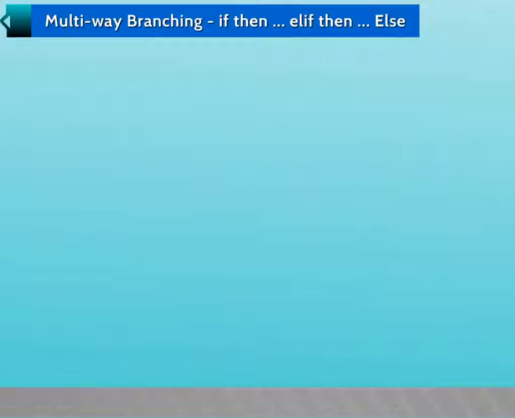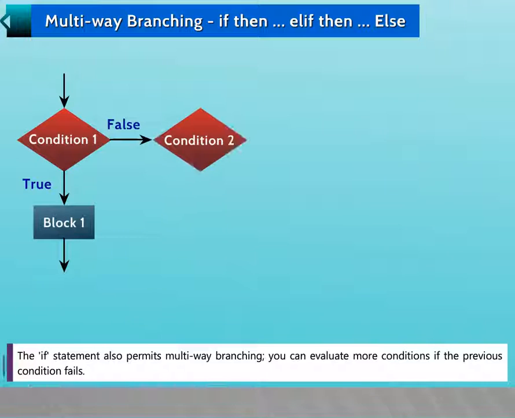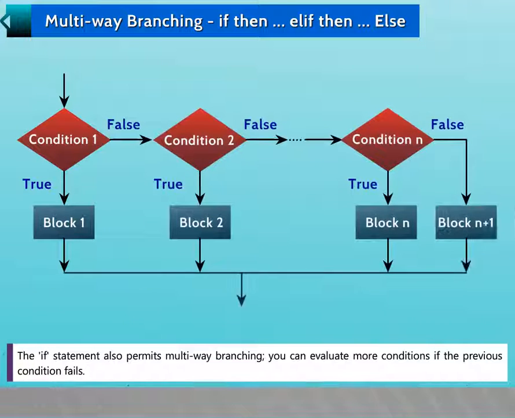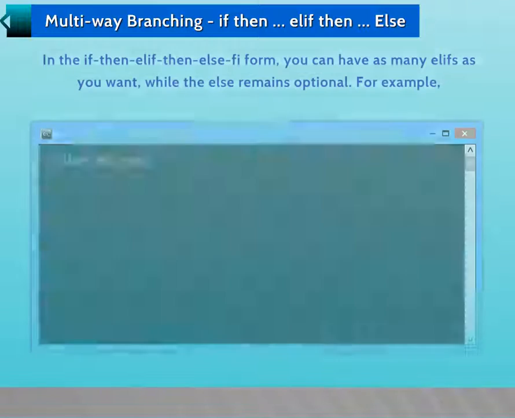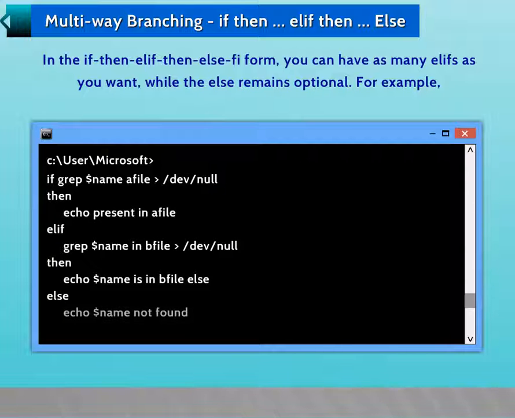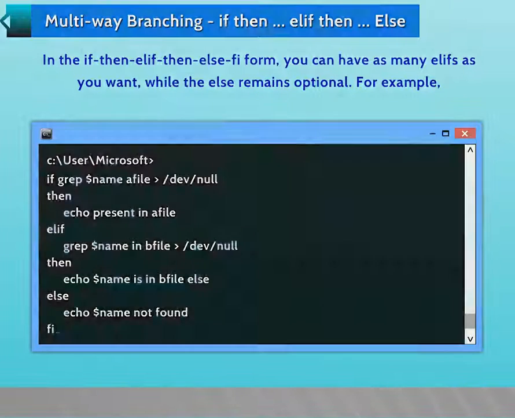Multi-way branching, if then, elif then else. The if statement also permits multi-way branching. You can evaluate more conditions if the previous condition fails. In the if, then, elif, then, else, fi form, you can have as many elifs as you want, while the else remains optional. For example,